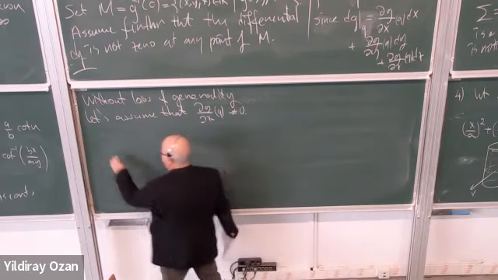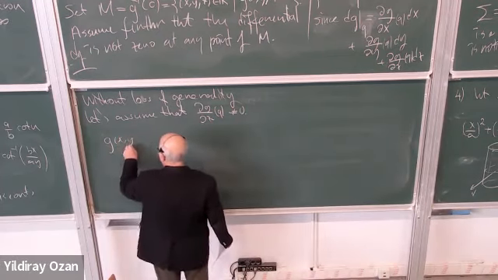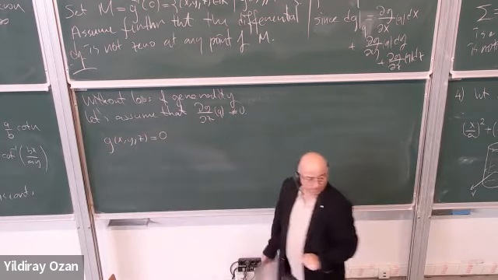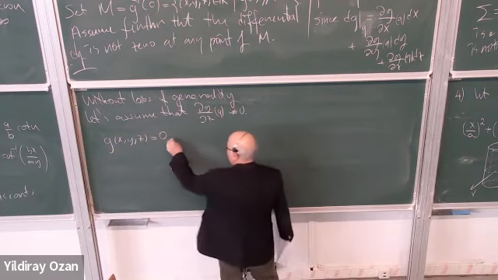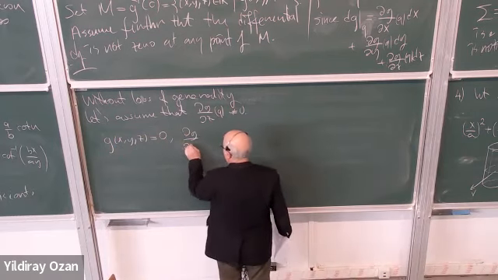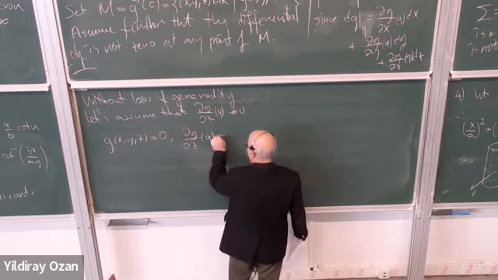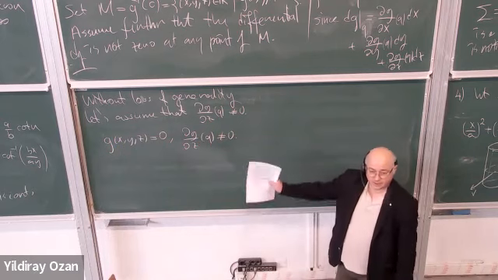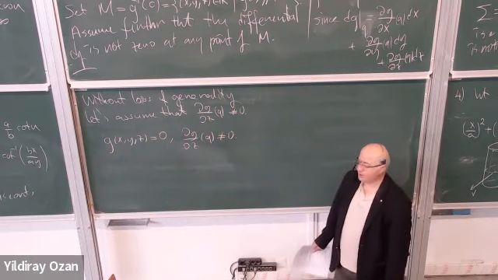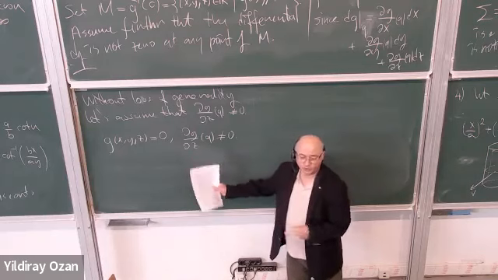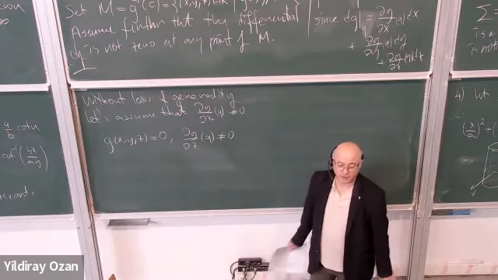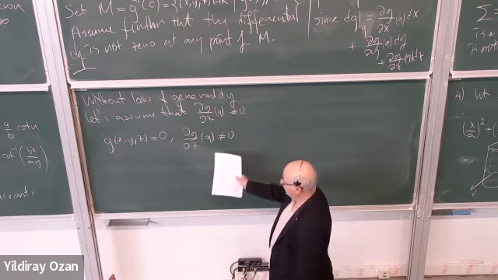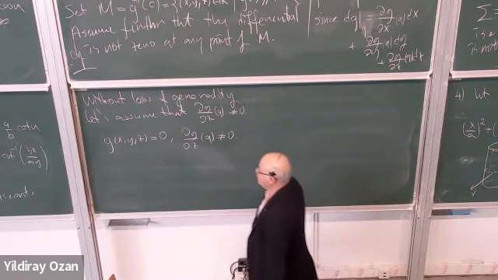You see, I have an equation like this given by this function, and the partial derivative at a point Q is not zero. That's the assumption of implicit function theorem, and of course we are assuming that G is differentiable, right? As many times as we want. If this is the case, then